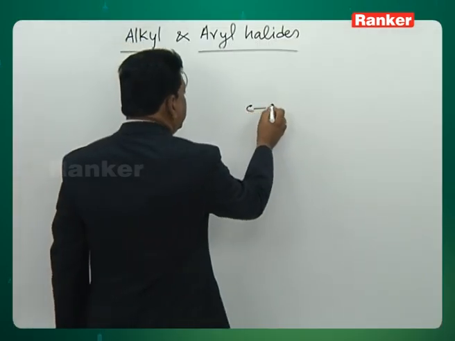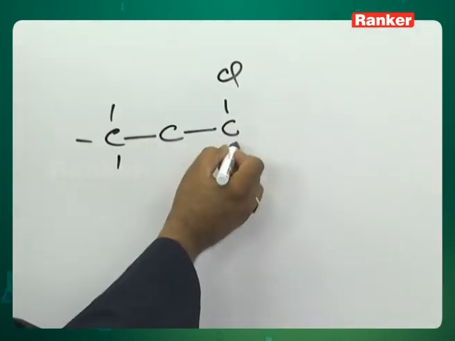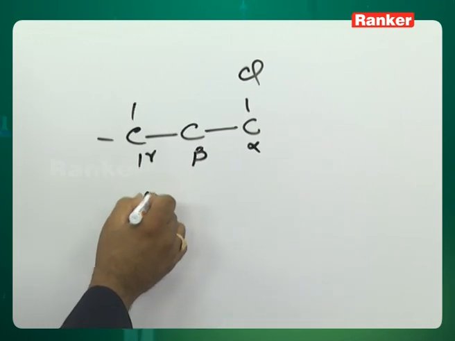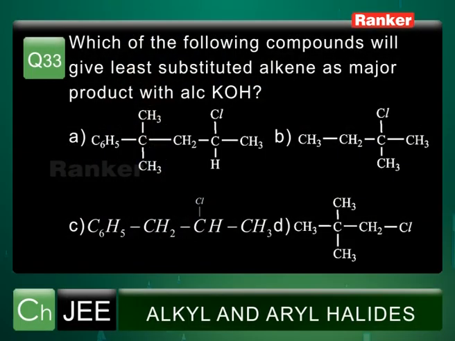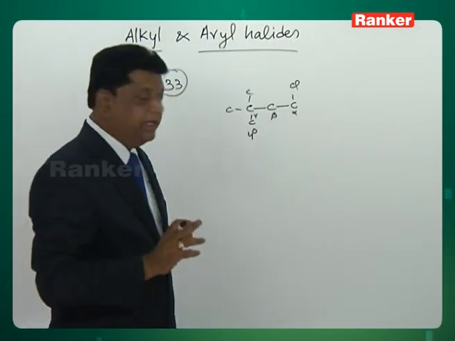This type of question: we have alpha, beta, gamma, and on the gamma carbon we have a 4th degree carbon. It is this type of option A. Option B is a tertiary compound. Option C is a 2 degree compound. Option D is a neopentyl compound. Specifically, out of this A, B, C, D, there is one